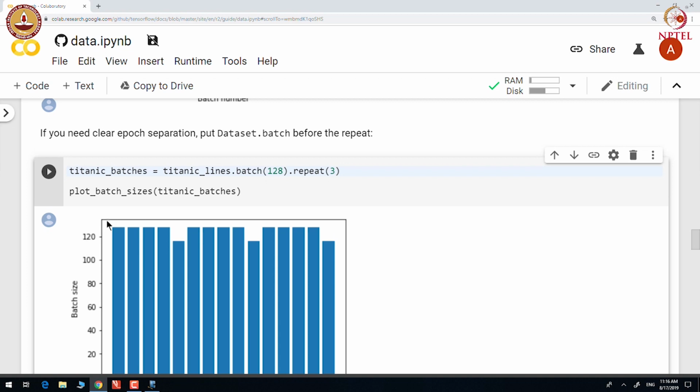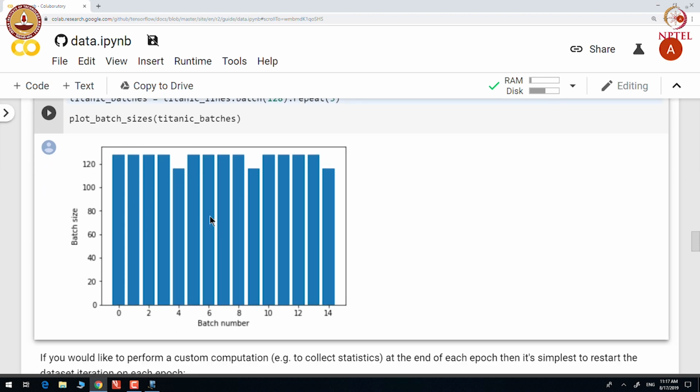Now, you can see that when we apply repeat after batch, we can see incomplete batches after every 4 batches.